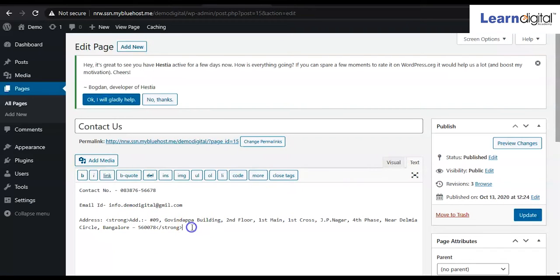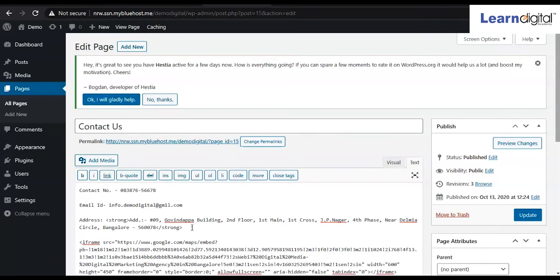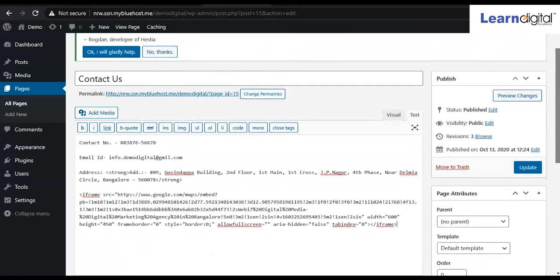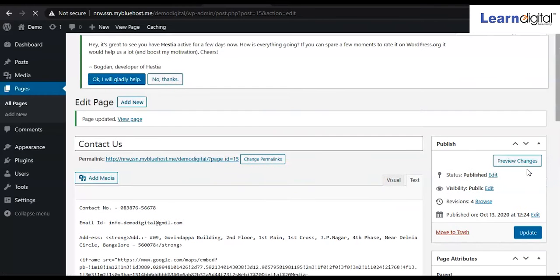Here I'll come down and paste that map code. I have pasted it here, and after that you simply have to click on update, so that the map will be integrated to your website.